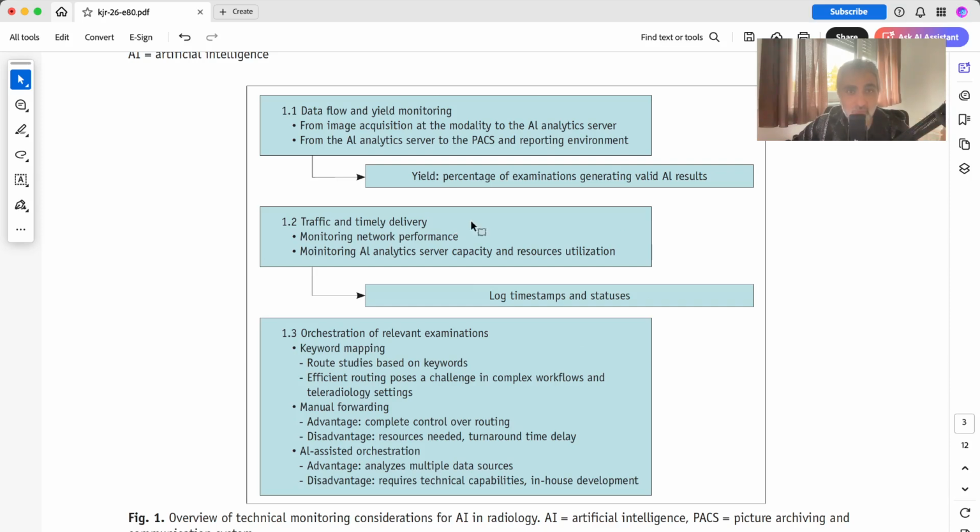So you really need to monitor the network performance. You don't want delays, you don't want glitches, and you also need to monitor the AI analytics server capacity and resource utilization. To do that, they suggest logs, timestamps, and statuses. The third point